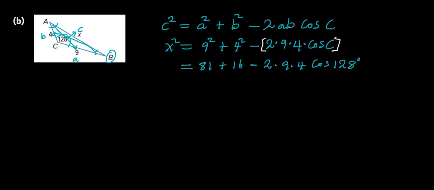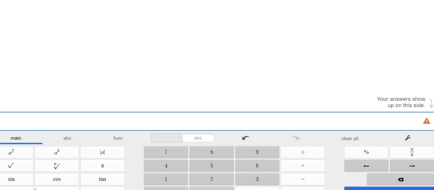Now we can use a calculator to find the whole of this value. So 2 times 9 times 4 times cos 128 gives us negative